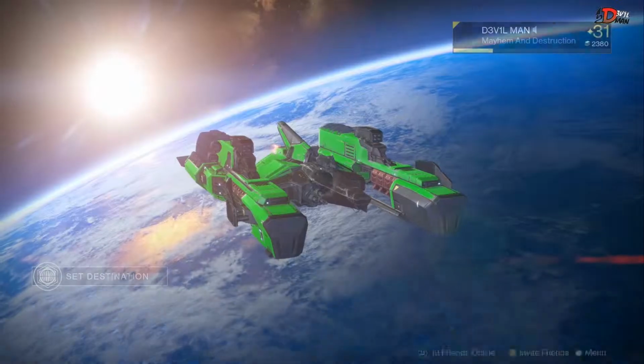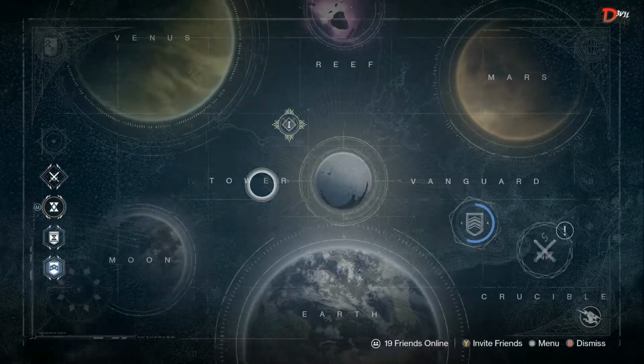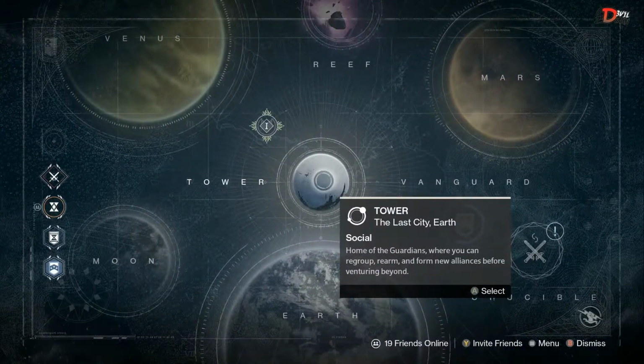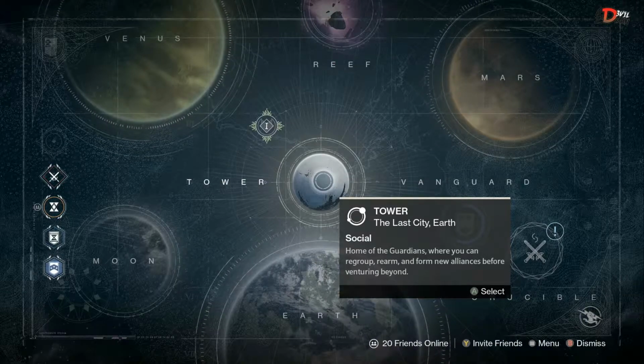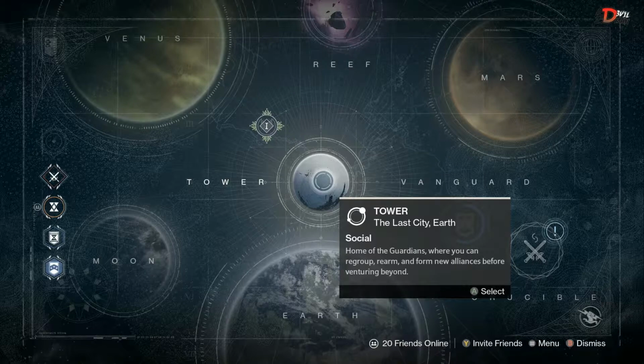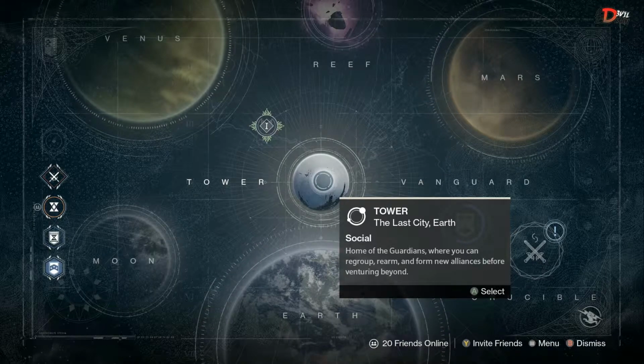So that's kind of an introduction of things that you can do from this screen, and where to access all that stuff. So join us for the next episode, and we'll go to the tower, and I'll show you what kinds of things you can do there, and what's important to do while you're in the tower,